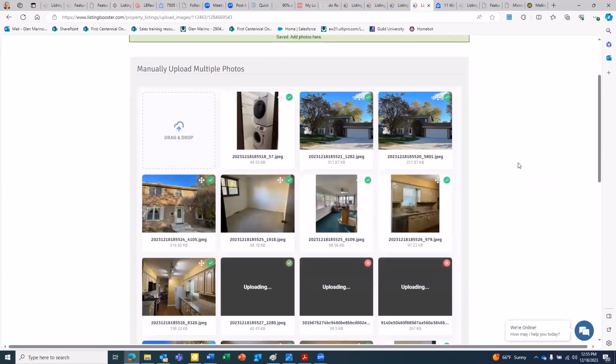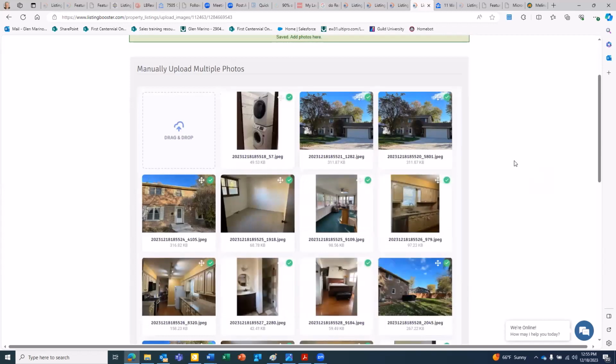Can I ask a question? You certainly can. Are these photos protected by whoever took the photos, and we still could use them with no problem? Well, the answer to that question is that